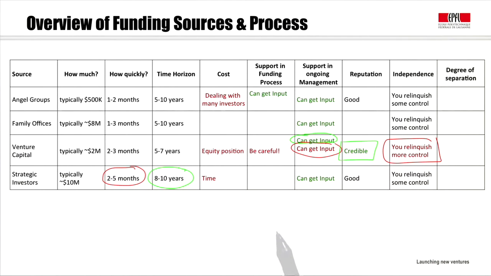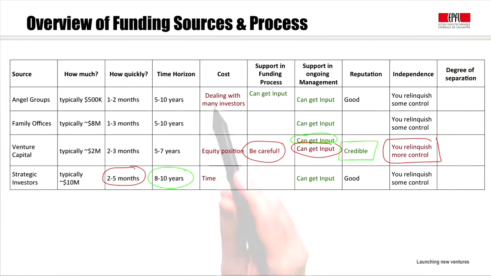Just to continue on with the venture capitalist here, support in the funding process. I put be careful. What I meant by that is the incentives of the venture capitalist and the incentives of the entrepreneur are not always 100% aligned, especially when it comes to funding the business. Of course, if the business does very well, everyone's happy and there's really no problem. The only problem happens sometimes when the business isn't taking off, and then some of the structures that you can get in your term sheet, you really have to look those over carefully to see how it would happen in case things go well and in case things go less well.